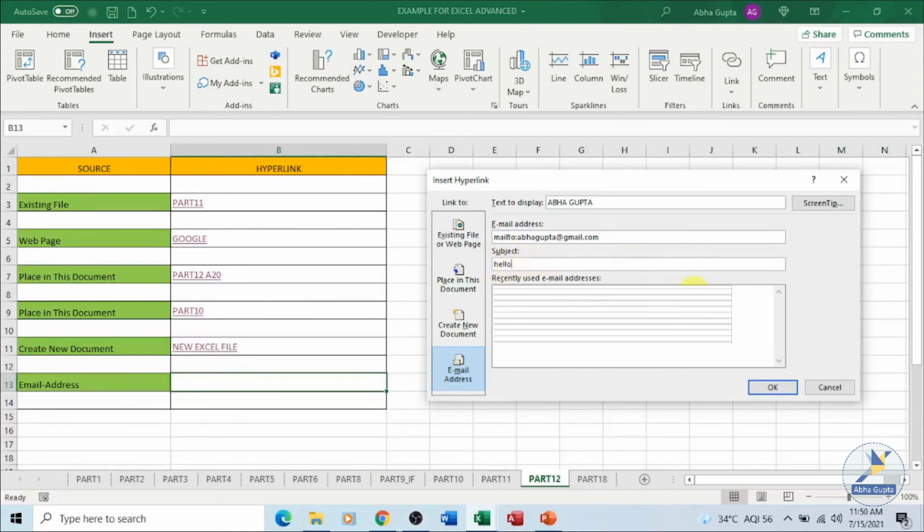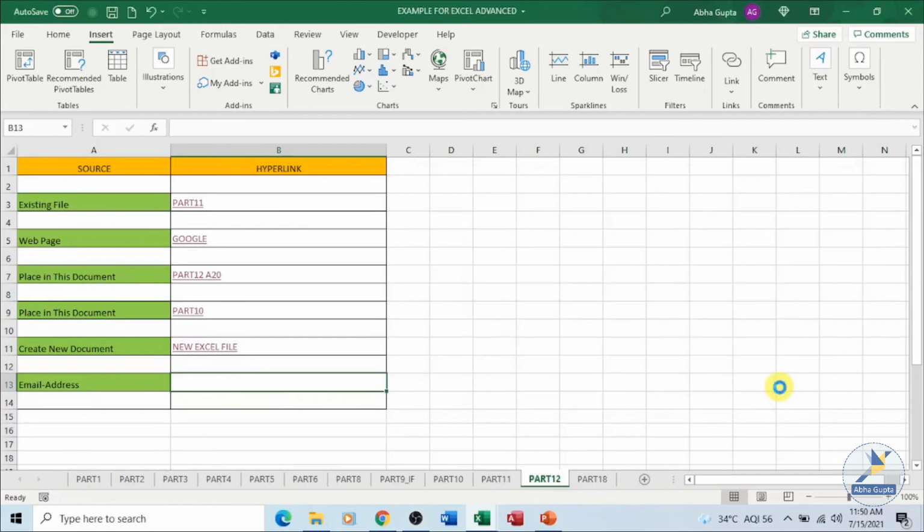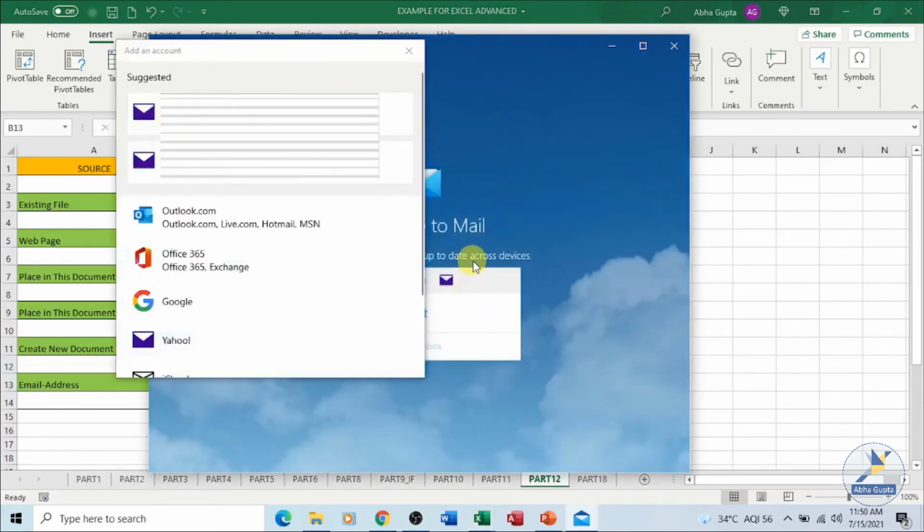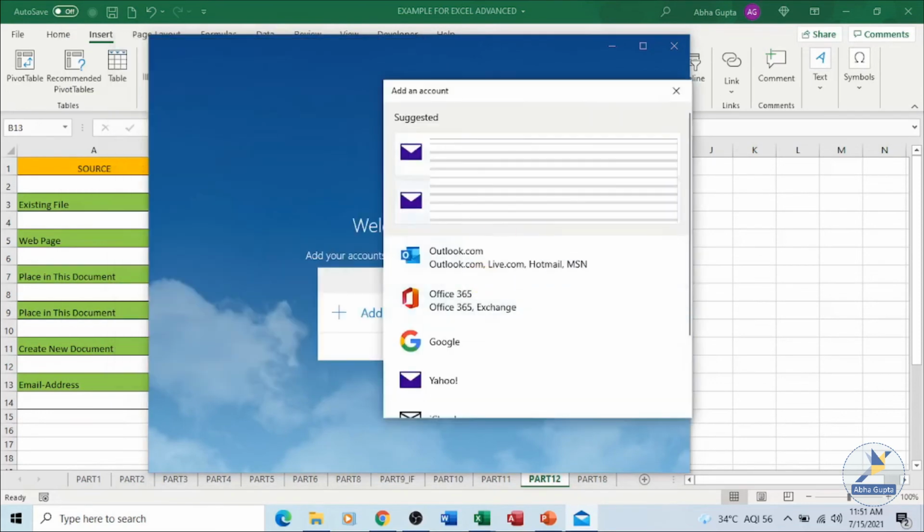You can insert it over here and click on OK. So if I click on this email address over here, it will open this box for me. It will ask me for the email address over here. That can always be done.